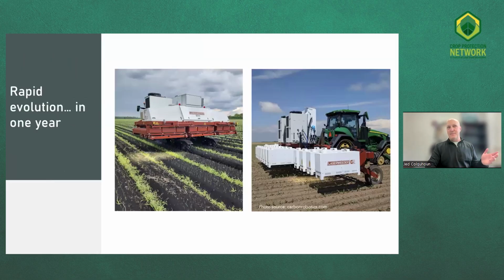So let me give you a great example of that rapid evolution in just 1 year in our experience in our field research. And that example comes from the world of Carbon Robotics and their laser weeder technology. Again, just one tool that's currently available on the market in commercial operation. The experiences I'll share with you in our research are based on the first generation laser weeder on the left-hand side of your screen. That first generation weeder is 20 feet wide, has 42 high-resolution cameras that inform 30 lasers that can shoot up to every 50 milliseconds. In the period of 1 year,